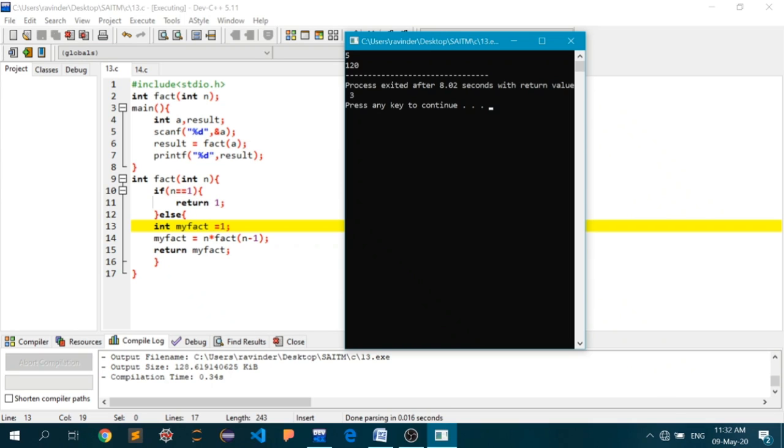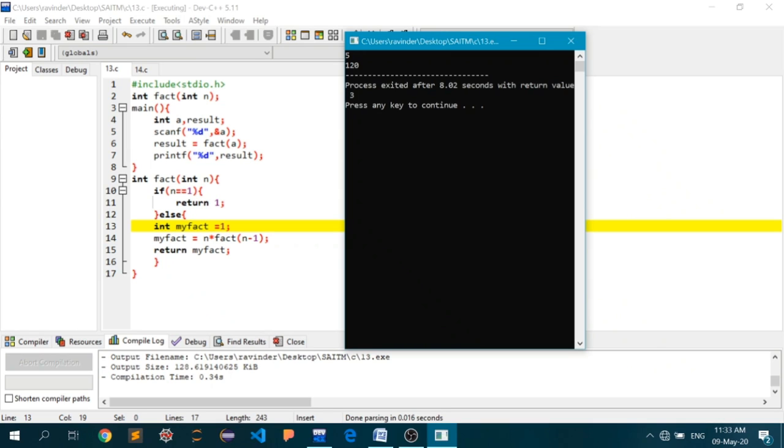So what I have done here is, when the method is called, the control will switch over to this fact function, and inside this fact function, first it will check the value of the argument n. If the value of argument n is equal to 1, then just return 1, nothing else to do, because the factorial of 1 is actually 1. And else, that means if that is not equal to 1, all I have to do is initialize an integer variable my fact with the value 1. This integer variable my fact will actually hold the final value of factorial,